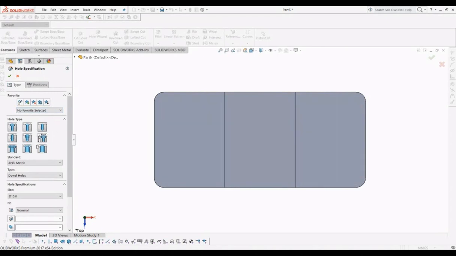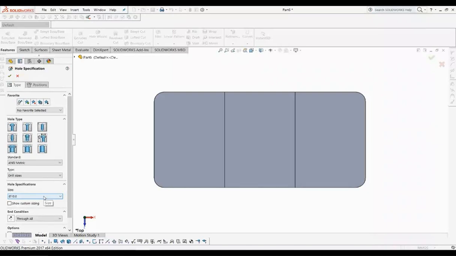Here there are a lot of hole types, but for now we are going to use a normal type of hole, a single normal hole. If you point your cursor here, it's showing something else: a legacy hole and a slot, on a separate tab. But now we are just going to use Hole only. Just click Hole, and then